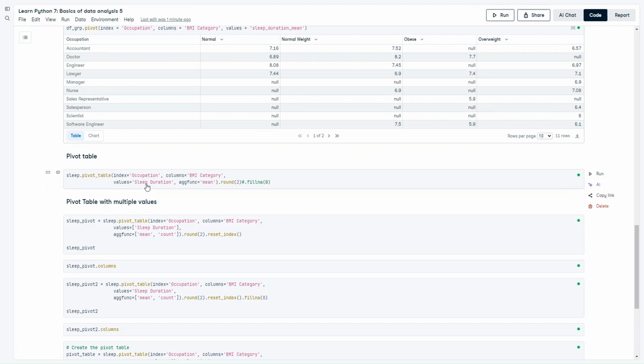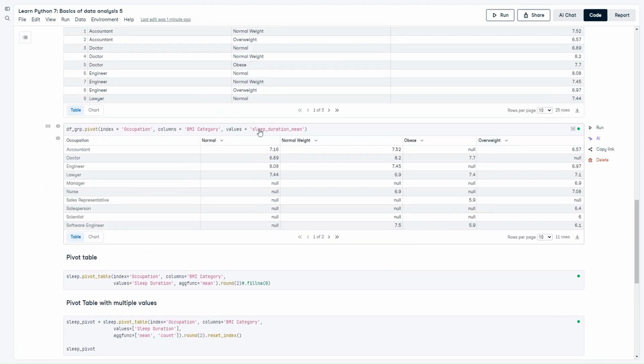Here it was already calculated, so I was mentioning sleep duration mean, but here it's not calculated already. We are using the raw data frame, so we'll mention that this column needs to be added to values, and we would also mention what kind of aggregation is required. So here I'm saying that I need an aggregation of mean. So in this format also we'll get the results. So if I run this,